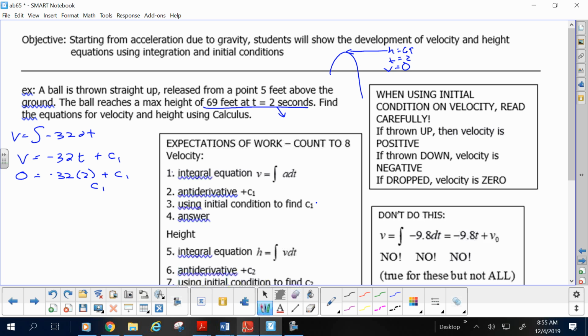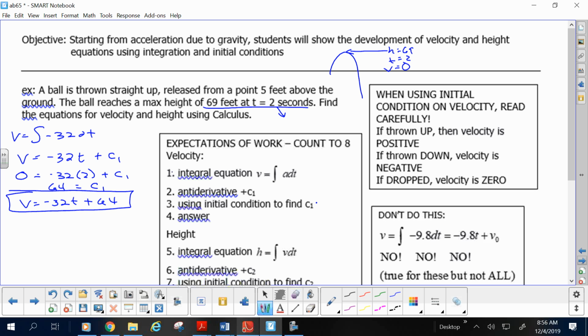So what is the constant of integration? 64, negative 60. It would be 60/40, yeah? Okay, velocity is negative 32t plus 64, therefore, and my velocity equation is complete. Now I've found the first part. It says find equations for velocity, done,